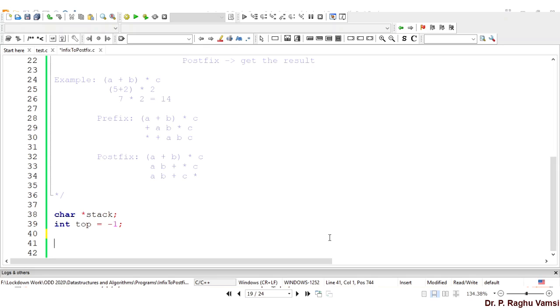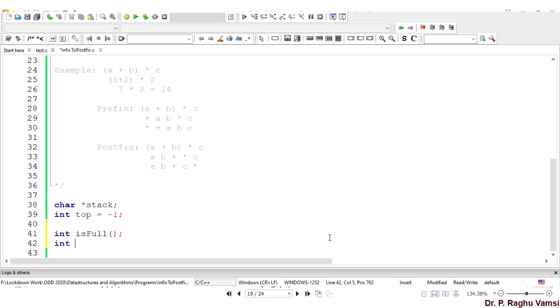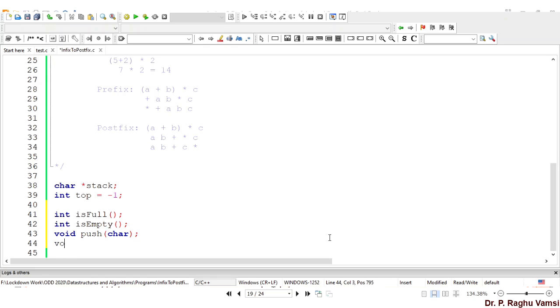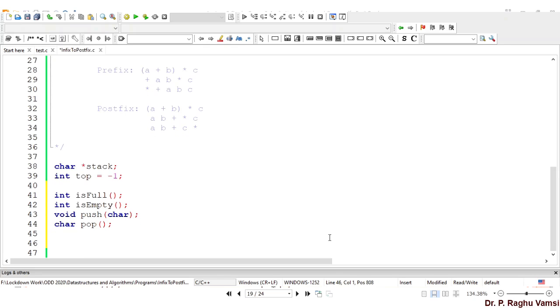For this, first of all, we need to check conditions like int is full. These are the helper functions. Next, int is empty. Void push of char. Next, char pop. So these are the functions required to implement. Int is full.